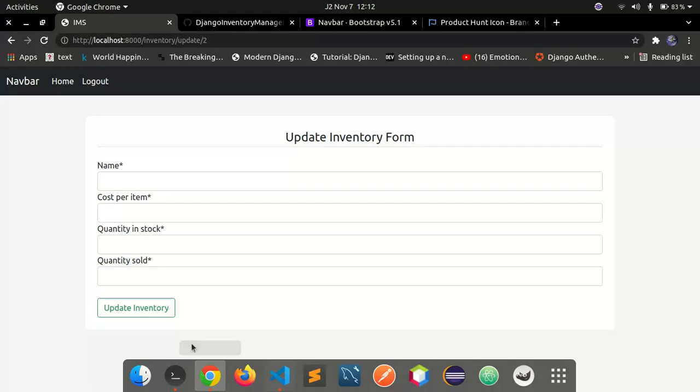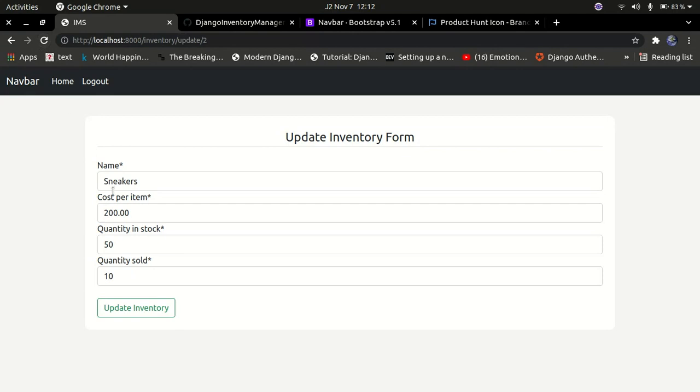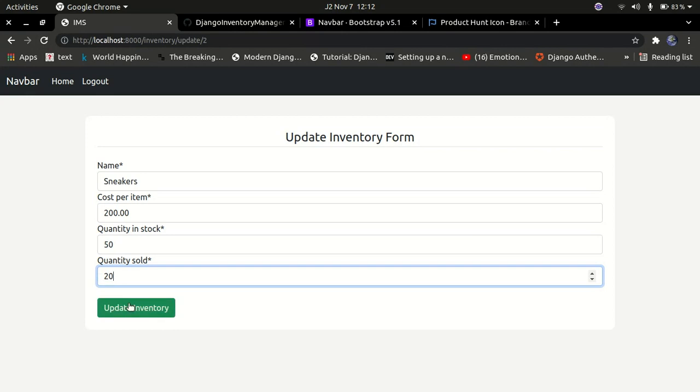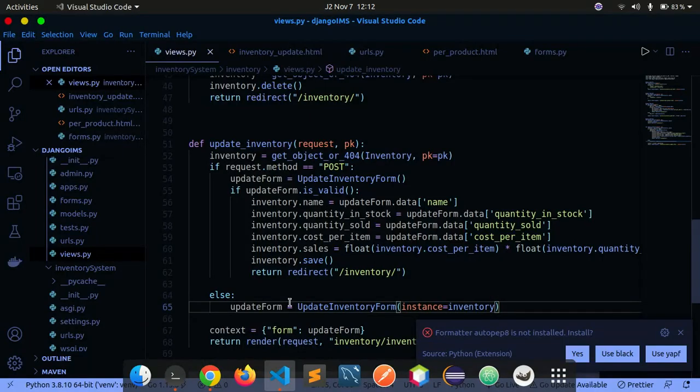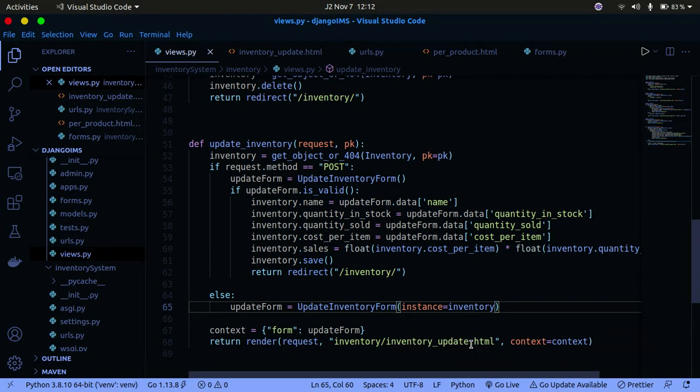So now if I go back to my website and refresh this, you can see it has already been filled with the inventory before I update. So let me try to update it to be 20. If I go ahead and actually update inventory, it didn't redirect me to any page. So let me go back and see why it didn't get redirected. It redirects inventory, and then I can go to